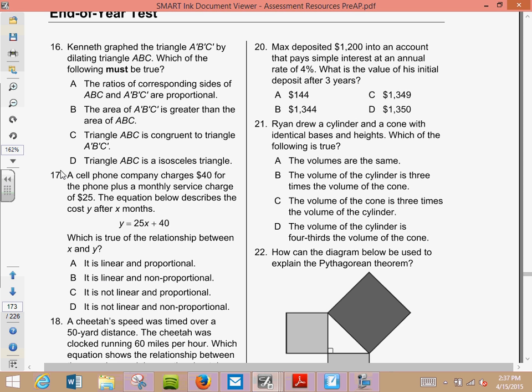No. False. Triangle ABC is an isosceles triangle. You don't know that, do you? It's like this. 2 sides are equal. So which one has to be true for sure? No, because it can be multiplied by a fraction. You think B is true? No, because...